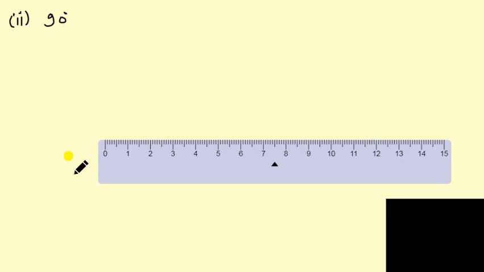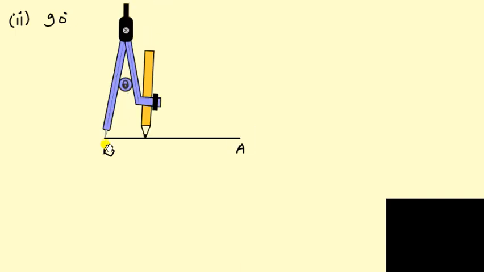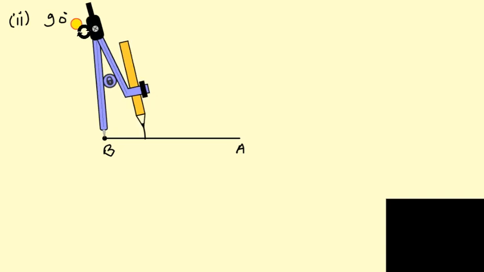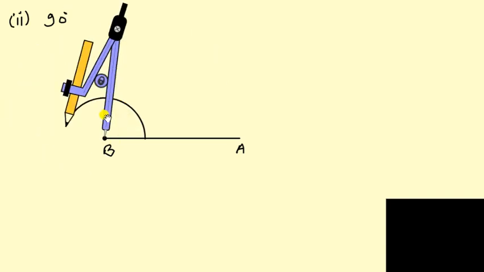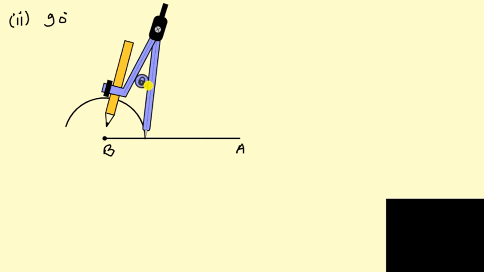It's very simple. You can make this type of line, and now keep the compass on this point and make a further arc, and now remove the compass and make a line with the help of a scale. That is the point of intersection. So that one is the 60 degree angle. You can see it is perfectly 60 degrees. So you can draw with the help of compass and scale, and you can draw every angle with the help of this, and it is perfectly okay.